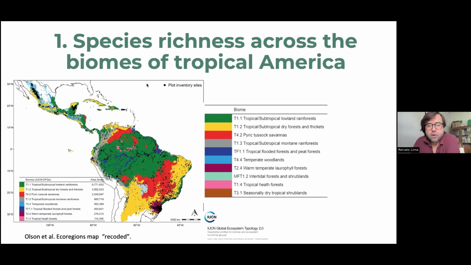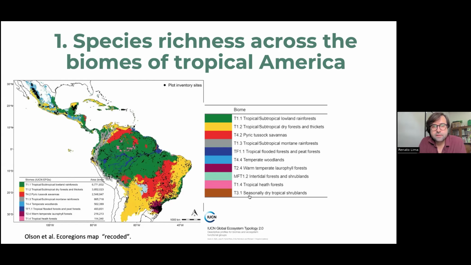But important from those slides here is to show, for those not acquainted with Latin America, that Latin America is not only the Amazon, is not only rainforests. So we have dry forests, we have savanna spread all over Latin America in different spots. We have a large contribution of dry forests in terms of area and in our plots as well. We have mountain forests, cold forests, like subtropical temperate forests in South Brazil, but also in Central America and in the Andes as well. So there's a big diversity of biomes in Latin America.